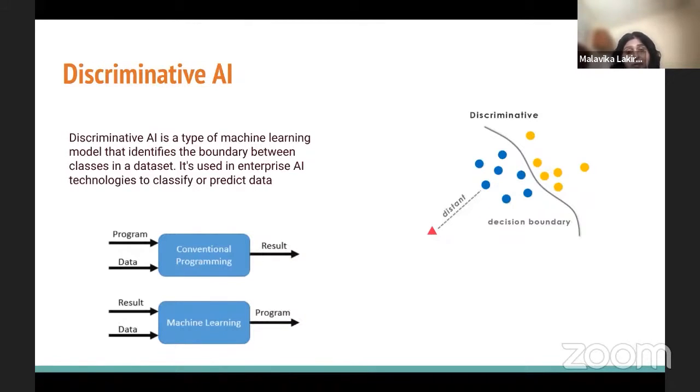This is slightly different from the traditional programming paradigm. It is also important to know because all AI models are heavily dependent on data, and we'll speak about this as we look at building AI products.